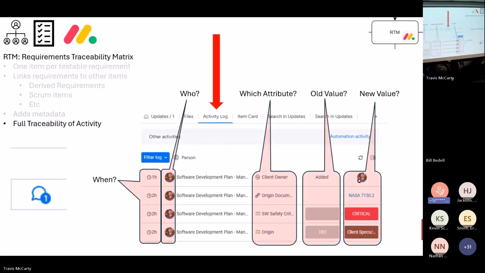Lastly, and this is probably one of the most powerful things about Monday, I can tell you for every field on every requirement who made what change, when, what the old value is, and what the new value is. Full traceability. And there's an API for Monday, by the way. Okay? So whatever tracking system you put in place to satisfy that software engineering requirement, make sure it does this,